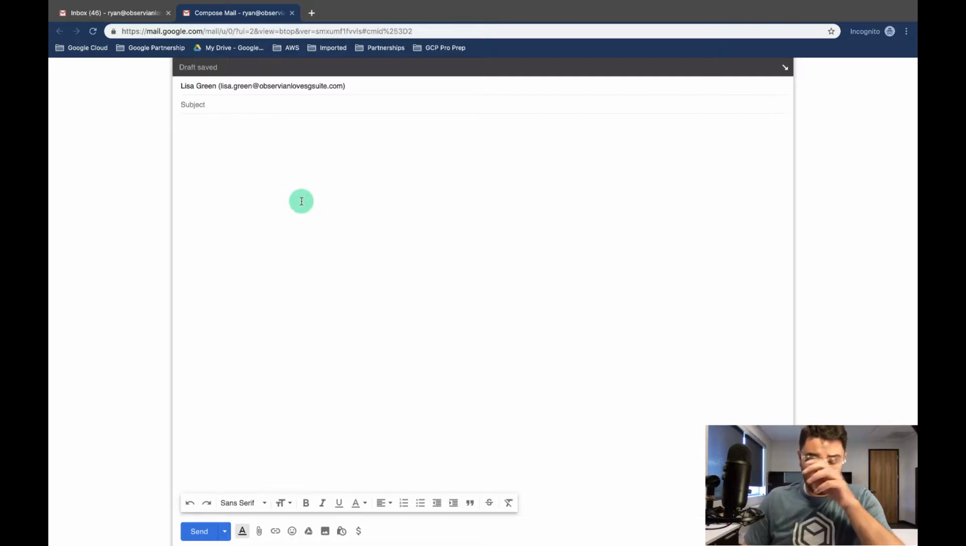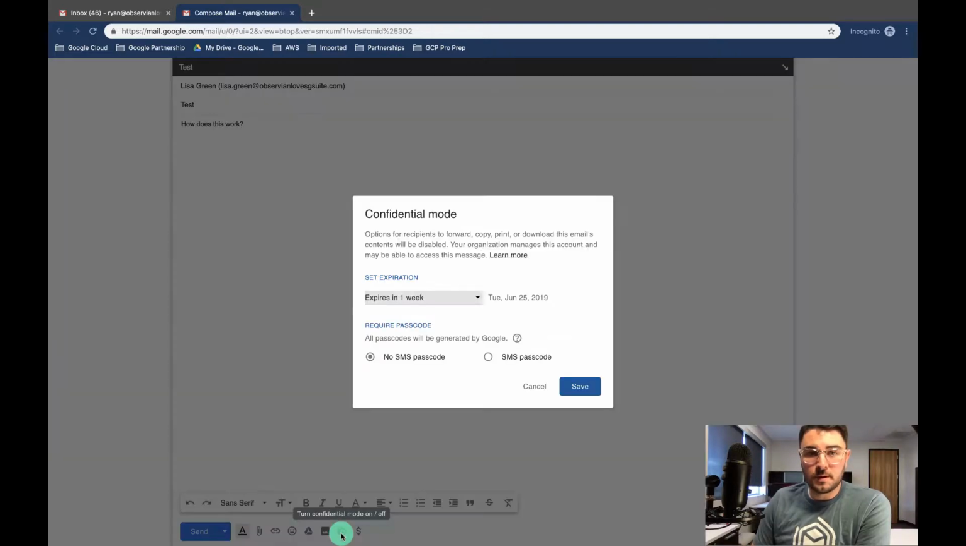and I'm going to say just test. We're going to see how does this work. So if you'll notice at the bottom ribbon, we have this little lock that has a clock next to it, and we're going to turn on confidential mode. So I'm going to select it, and it, like I said, stops people from forwarding, copying, printing, or downloading